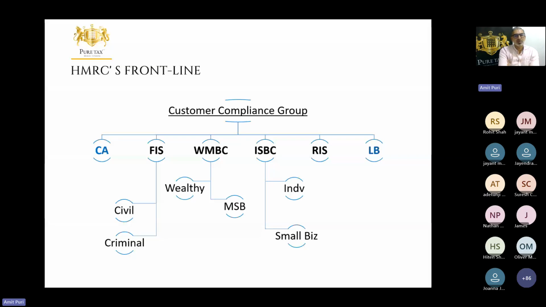But if we focus on the frontline resource, that's what it looks like, customer compliance group. And like I said, there are two additional ones. LB is large business, and the counter avoidance directorate is there as well. Counter avoidance actually used to be made up of some of these other teams, and then it's split up. And like I said, this comprises about 28,000 people at HMRC, and almost certainly where you're likely to see a letter come from in relation to a compliance check or an inquiry or investigation or a disclosure.